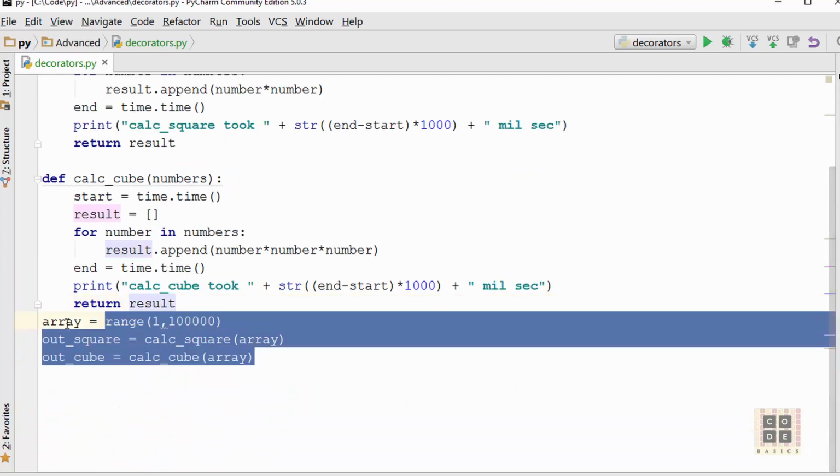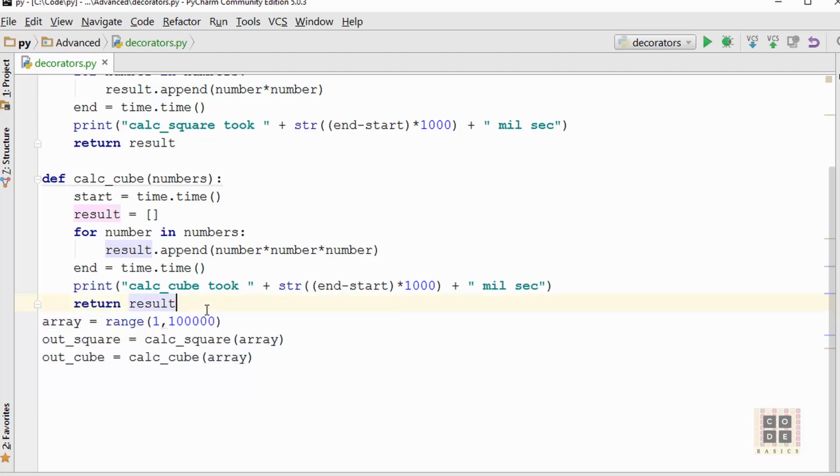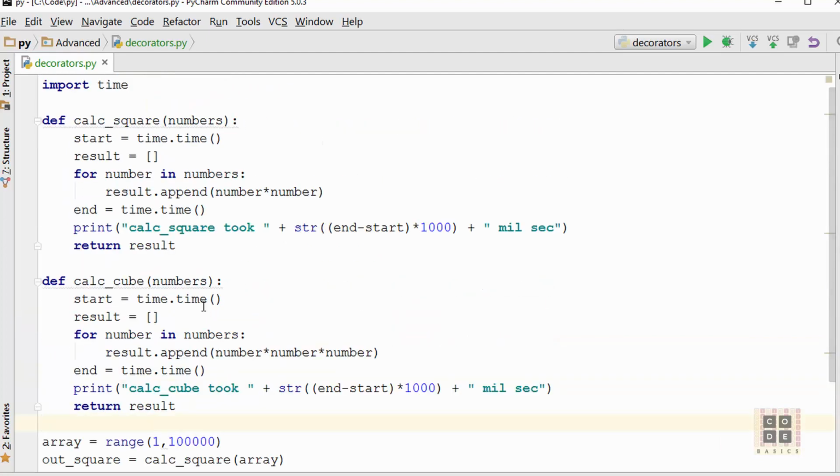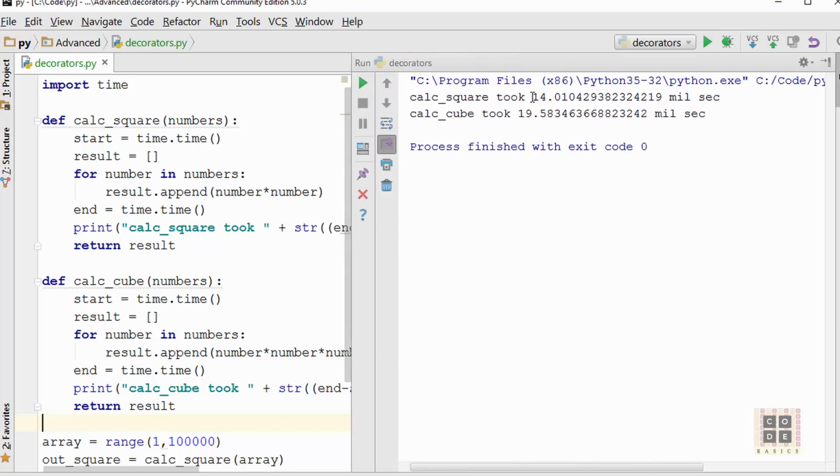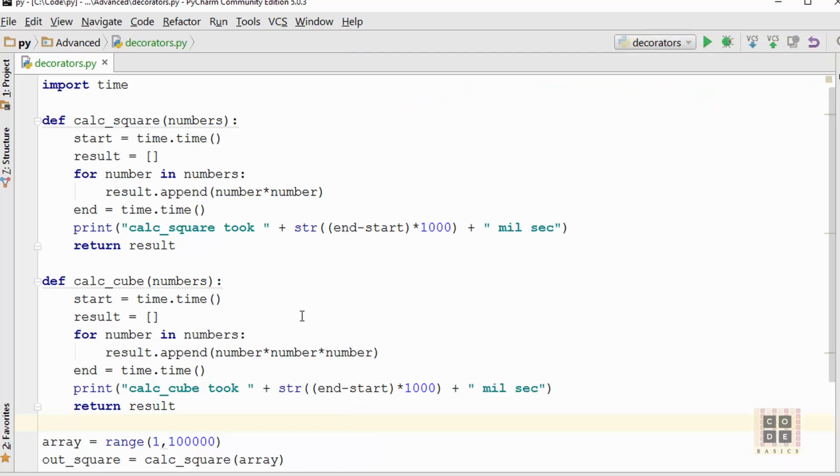And I'm calling these functions here down below. Okay, pretty straightforward. When I run the program, I see the performance that the first function took 14 milliseconds, the second one took 19. Now the problem with this code is that, let's say you have a complex software project